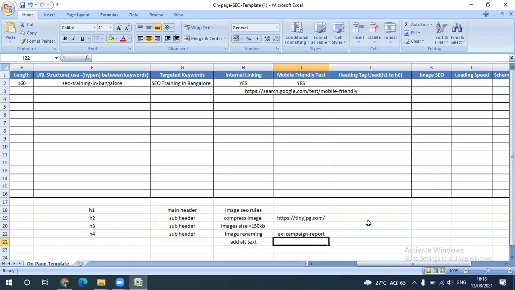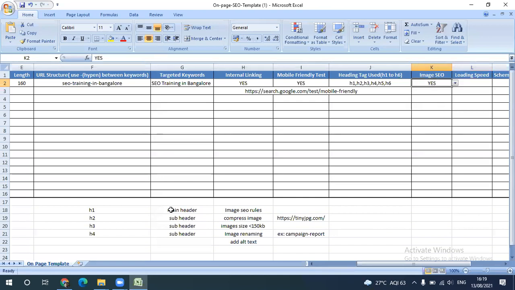Now see, here it is. I will leave it here. Okay, we have done it. Imagine you have done SEO for your website or your specific web page, and you mention H6. What are the tags you used in your website? For example, in our website we used H1, H2, H3, H4, H5, H6. You have to add whichever tags you have used. Let me come to the next factor.